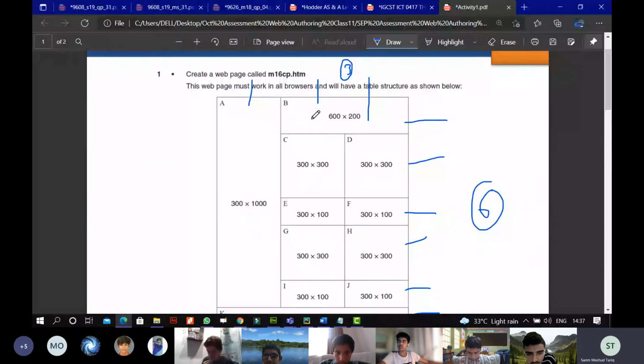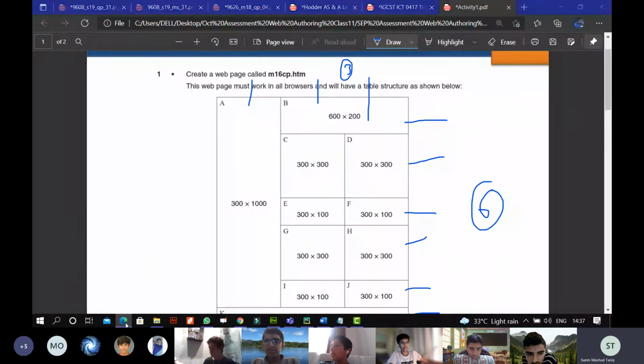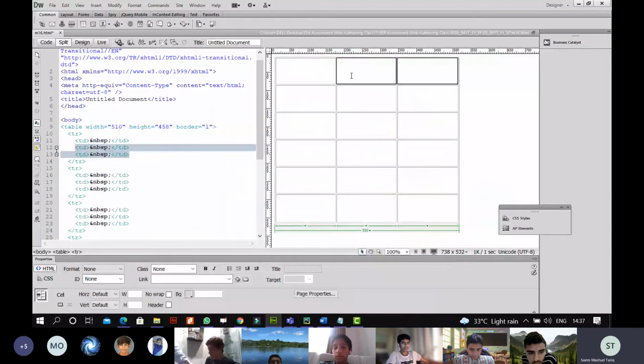Next, I want to set up exactly like this. So this means B has to be made a cell by merging these two. What I mean is, I need to merge these two in order to make B, as you can see. You do know, if you open up the properties,